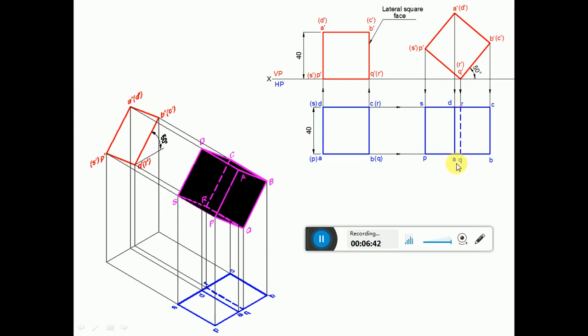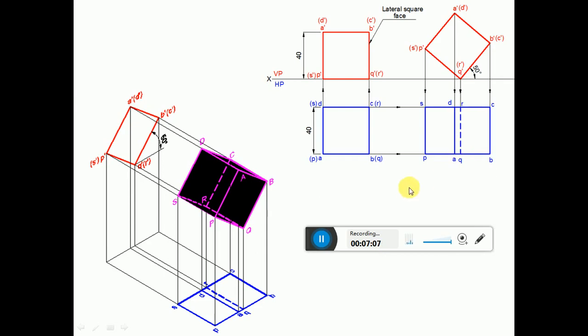Then the one which is left out is only between Q dash and QR. So this surface is visible and this surface is visible. So these two surfaces are hiding this edge Q dash R dash. In other words, an edge or a corner which is on the XY line in the front view is always invisible in the top view. So applying that condition, here QR is going to become a dotted line.